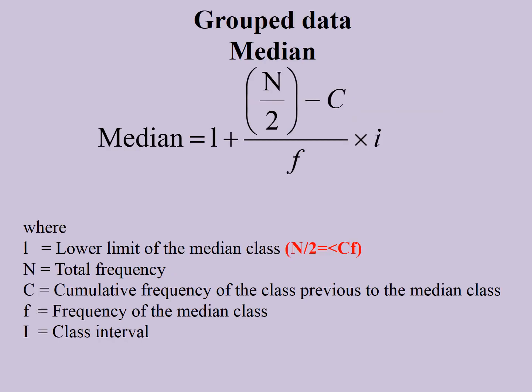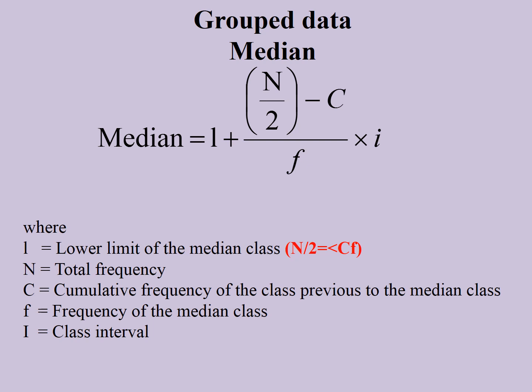So the previous two examples of median calculations were about ungrouped data. Like we have seen the calculations of the mean for grouped data, there are calculations of the median for grouped data. So first take a look at the formula, and let's understand with the help of an example. Median is equal to L. L stands for the lower limit of the median class. And which is that median class?